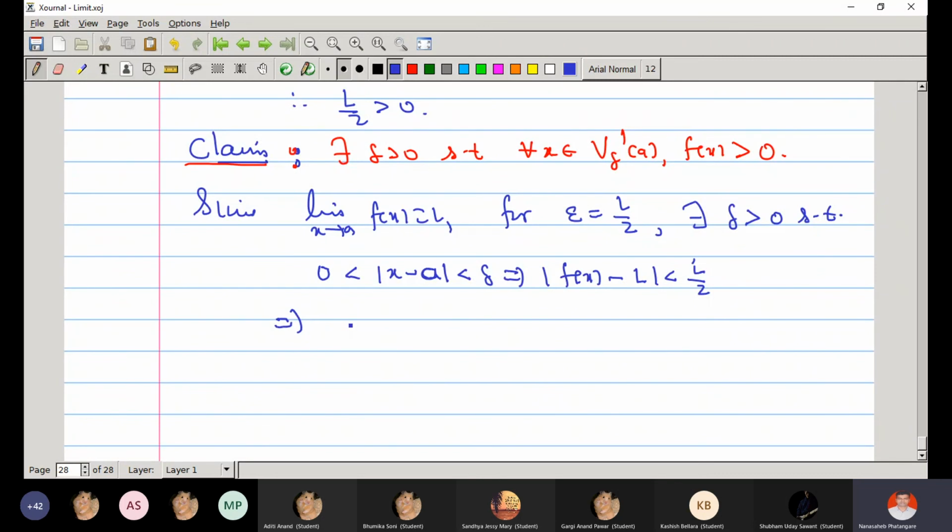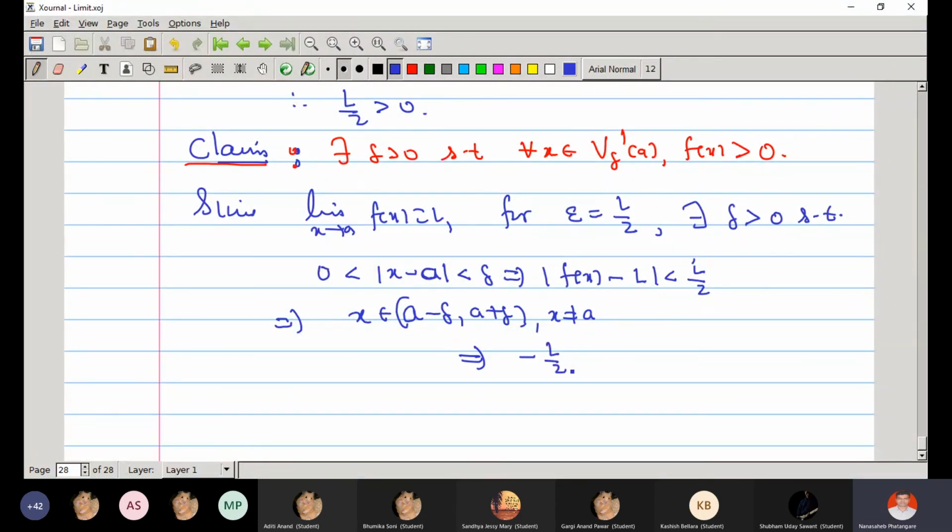That means whenever x belongs to a minus delta to a plus delta and x is not equal to a, then